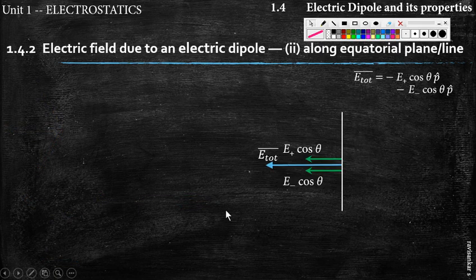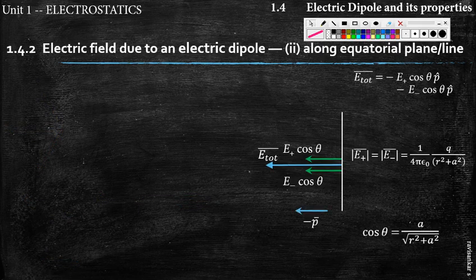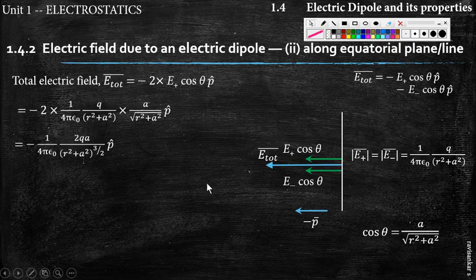So now we go for the further derivation. We have now placed all the required data over here. The last step was E total is equal to this one, and earlier we have written these two equations, as well as cos theta, which we have already noted down. Now in order to calculate this one, we have to substitute for E plus this as well as E minus this and then do the derivation.